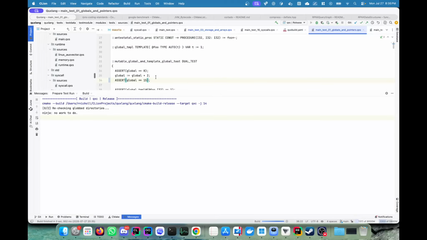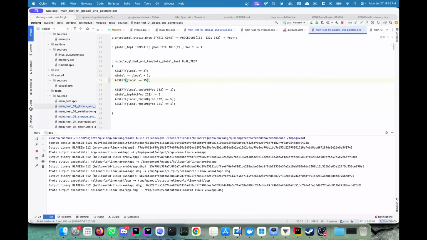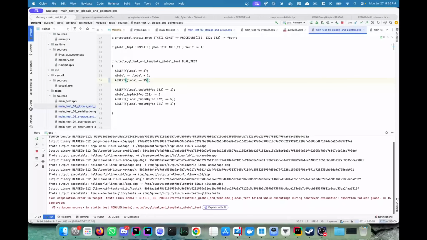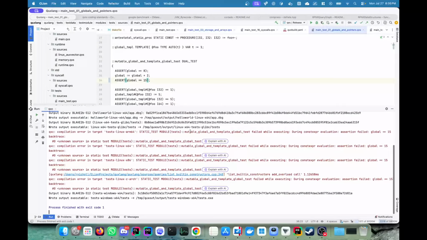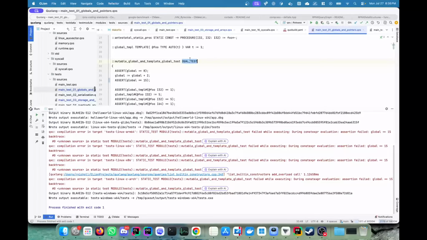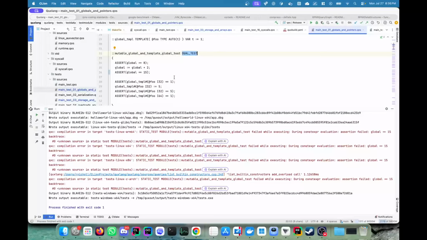But I'm going to change this assert here. And what that should do is it's actually causing the compilation to fail, because this is a test that runs as both a unit test and a static test. The static test runs inside the compiler. So this essentially is constexpr,